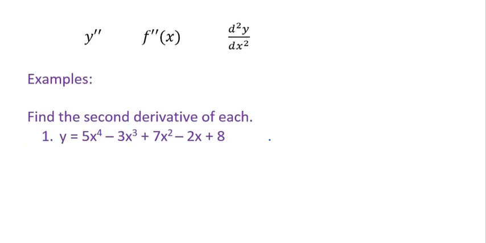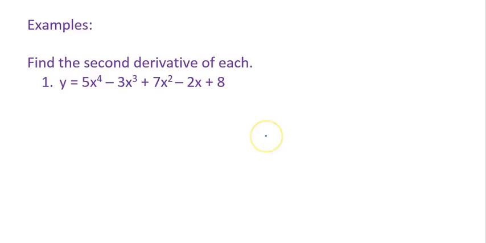So for our examples, we're going to find the second derivative, and in this case, we were given y equals 5x to the fourth minus 3x cubed plus 7x squared minus 2x plus 8. Nice long polynomial, but everything is a power rule here. That's not always the case, but just to show you the basic concept here,